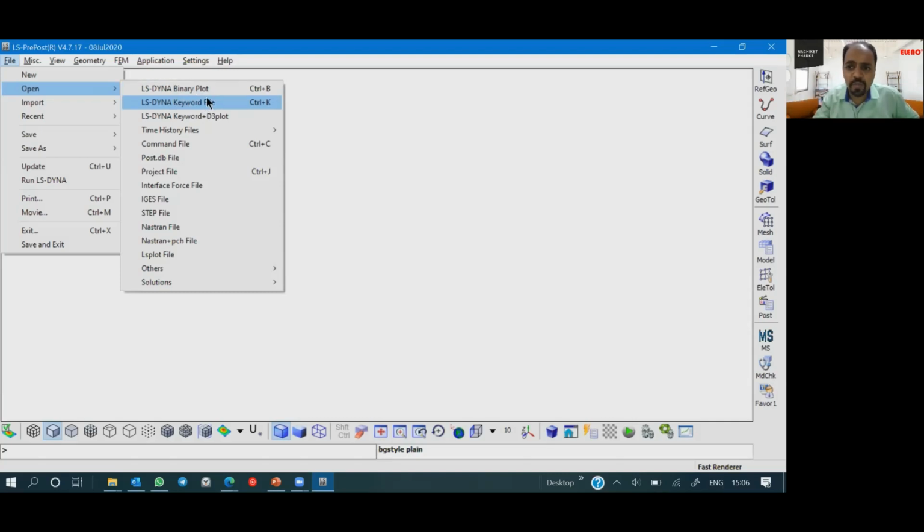Keyword is a format which LS Dyna reads, and it is an ASCII format, which is nothing but American Standard Code for Information Interchange. Basically this is like an IGES step where a third party will never require a license for reading the files. The third party can access easily whatever is going on inside the model. So an LS Dyna file is like a keyword file, and that keyword file is in ASCII format. You don't need any special license to read an LS Dyna file. To solve with LS Dyna, you need an LS Dyna license. That is an important part.